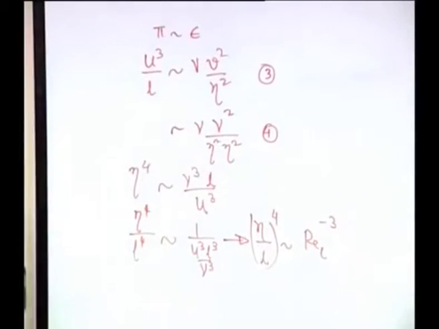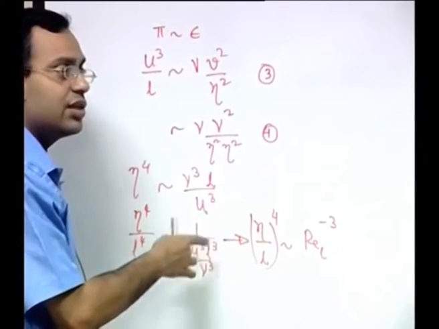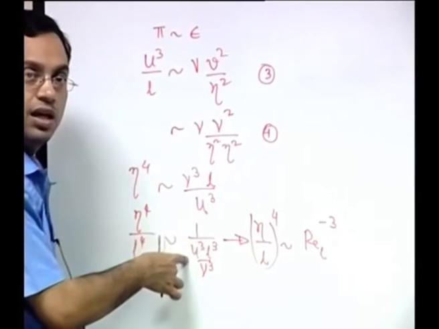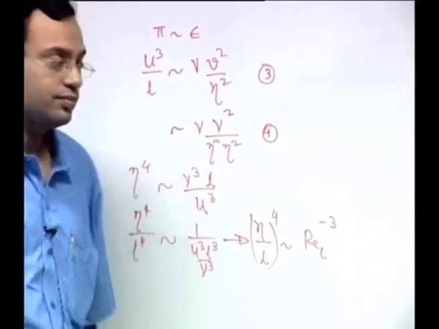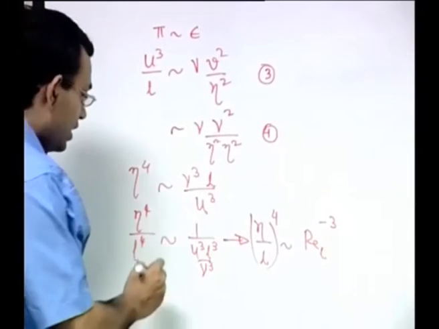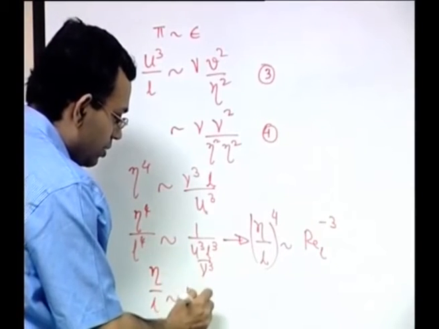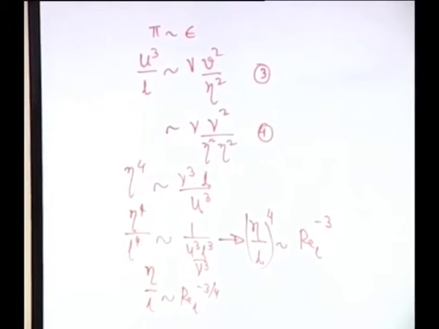Why we have defined the Reynolds number on the basis of this one is because you have this from the system level information, that is, the system scale L. The large eddy L will be of the order of the system scale. So we can write eta by L is of the order of Reynolds number to the power minus 3 by 4, where this Reynolds number is based on the large eddy scale.